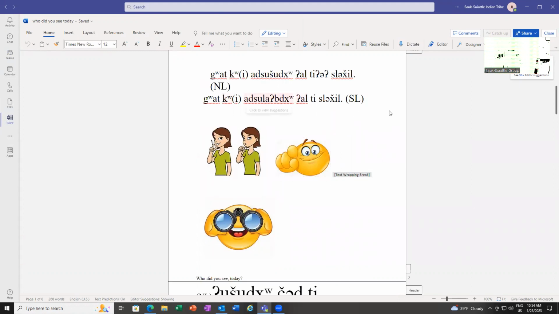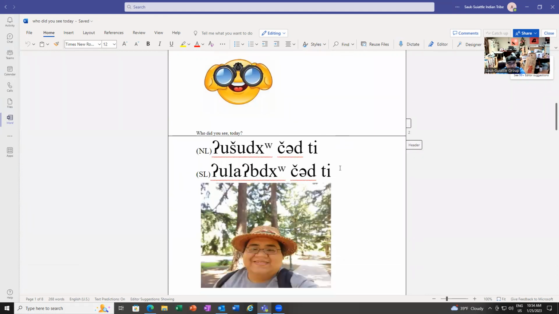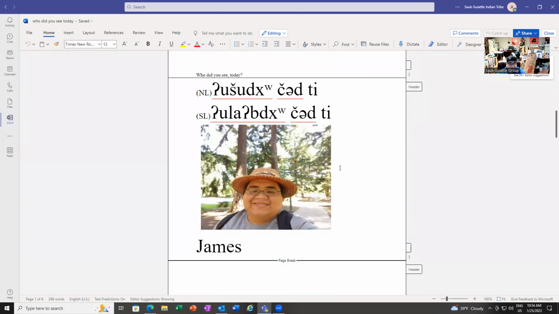I tried to earmark them both. If you speak southern Lushootseed, if you speak northern Lushootseed, you speak Lushootseed. It's just one word, one language. But there are different ways of saying it.